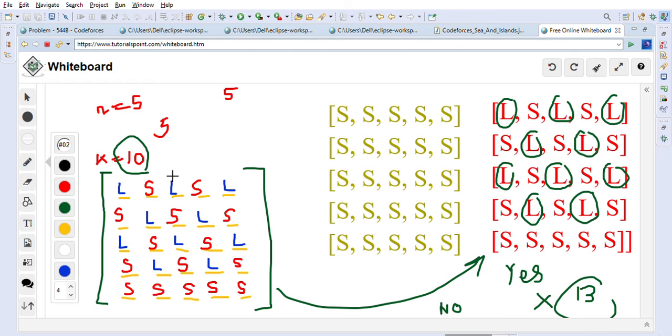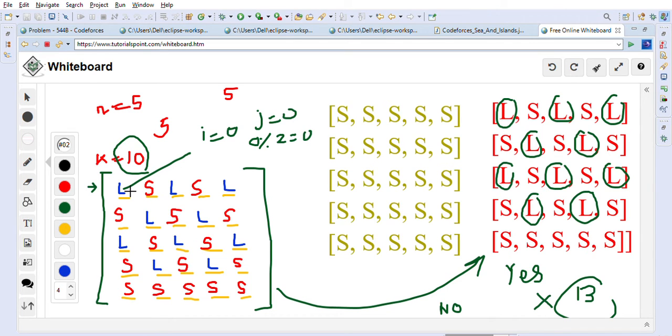Java code is pretty simple. We will start iterating through each row, and first we will start creating from this point. So how will we do it? Here i is equal to 0 and j is also equal to 0, so we will just sum them up. 0 plus 0 is 0, and if the sum mod 2 is equal to 0, then we will create an island.